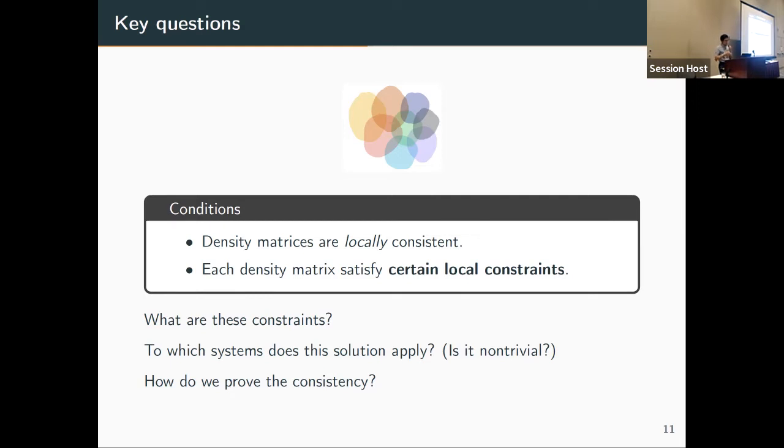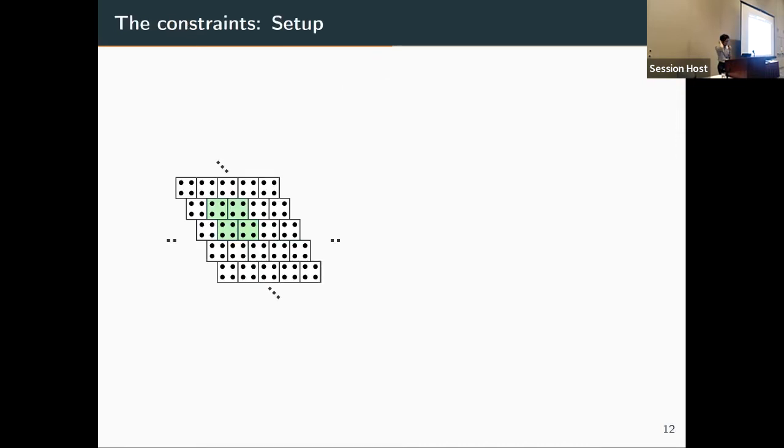And the last thing is, what exactly is the structure that allows us to prove this main statement? Because that's clearly a non-trivial statement, so there's something non-trivial going on. Okay, so let me start with the first one. The setup, as I said before, is a 2D quantum many-body spin system. Imagine you have a locally interacting quantum spin system.